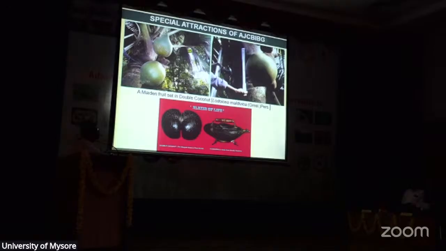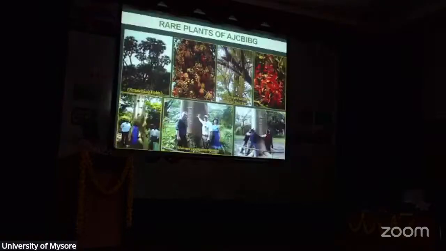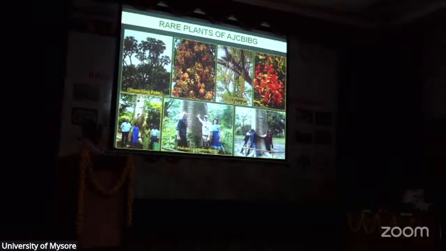And we have even only one tree of its kind in our country, Lodoicea maldivica. Now NBPGR people have collected material from this for tissue culture propagation of this Lodoicea maldivica, native of the Seychelles Islands, the double coconut, the biggest seed in the plant world. Then we have different trees: the branching palm, Hyphaene thebaica, then the wish tree, Adansonia digitata, then the candle fruit tree, Parmentiera cereifera of the family Bignoniaceae, a very rarest of the rare, which is there in the garden. We have Amherstia nobilis, of course.